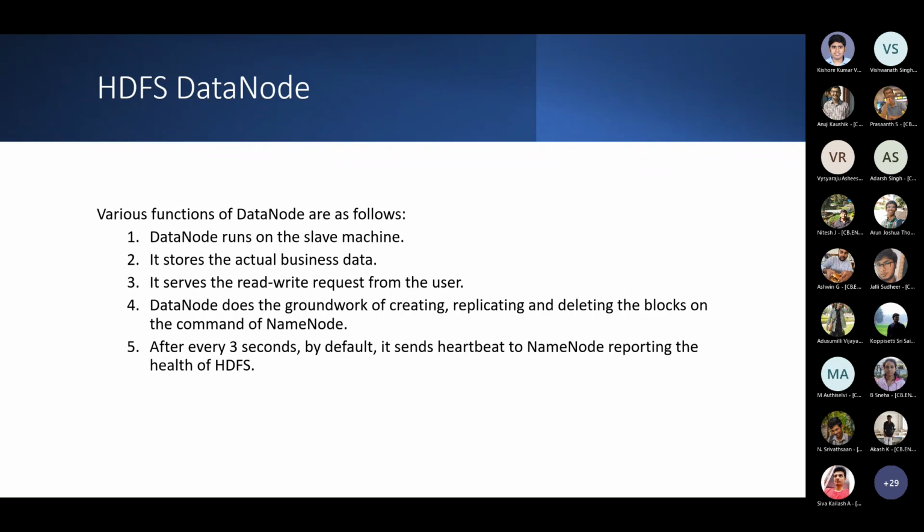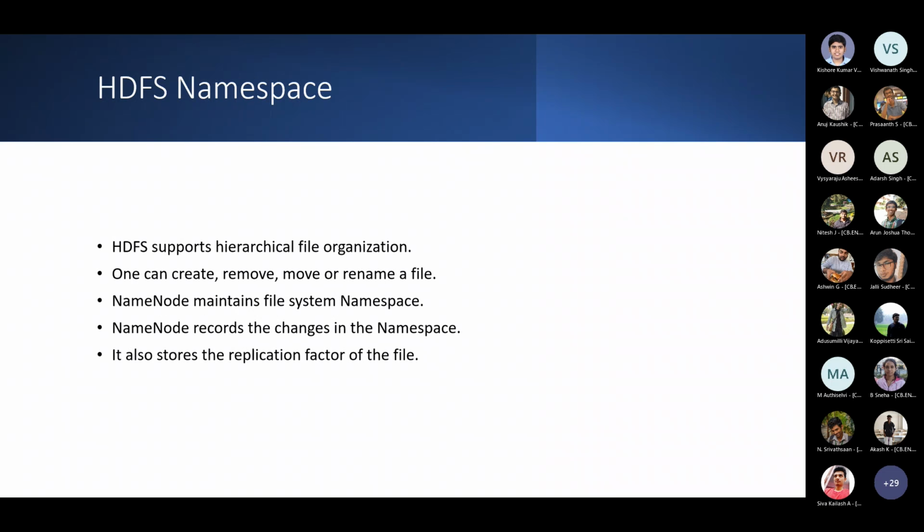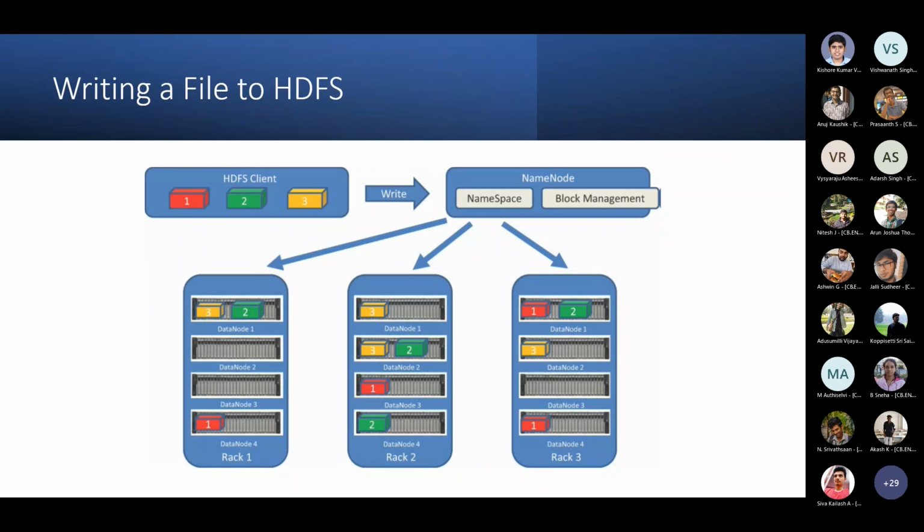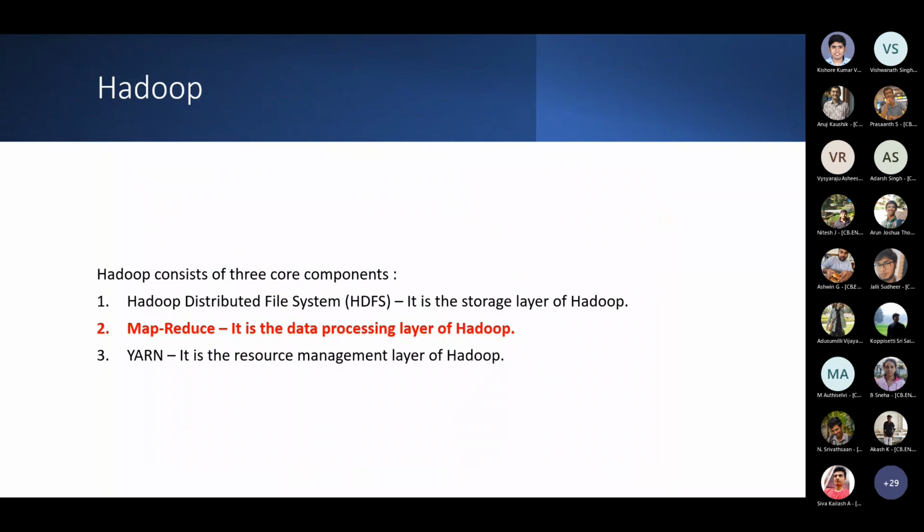Okay, storage and data transfer. So once the storage and data transfer is typically done using the HDFS system, we also saw this replication factor, so I'll not go into this in great detail. So if you look at this, you have the read-write process completely taken care of by the HDFS system. And once that is done, you go into the next layer where you do the data processing. And that is typically done with the help of something called MapReduce. We saw that in the video also.